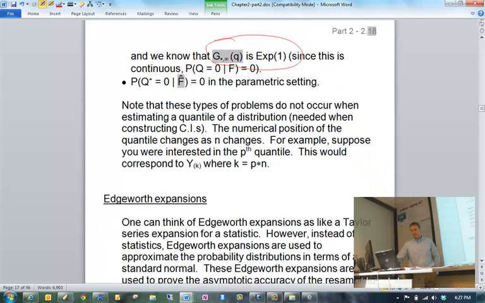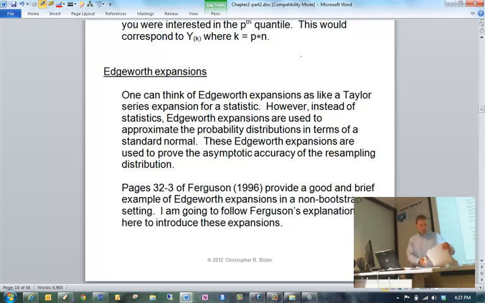Okay, so let's go on to a new topic. This is going to be a brief topic. Talk about Edgeworth expansions. All of you have seen Taylor series expansions before. Just a quick review. Let's say that I have some kind of function of x, f of x, and I could write this as an infinite series. Let's say f of b, where b is some constant, plus